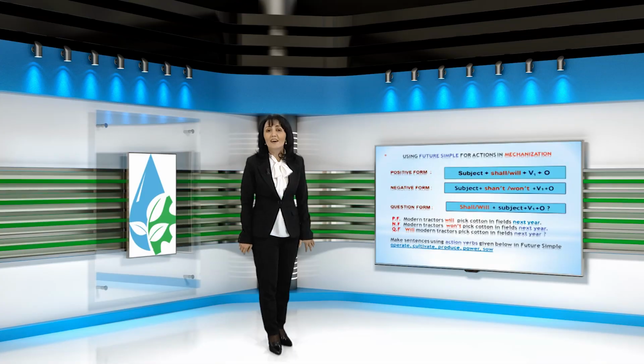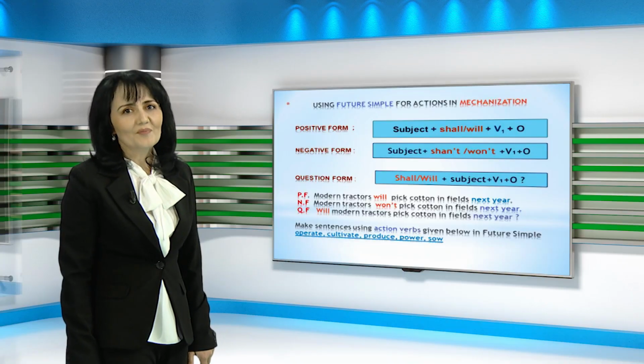Anytime you practice English, you will probably need to use future tenses for the actions in the mechanization sphere as a revision of grammar through the content. It's clear that a verb is the main part of speech that shows the tense. Let's observe the usage of the verb to pick in 4 future tenses, such as future simple, future continuous, future perfect, and future perfect continuous. Let's start from the first one.